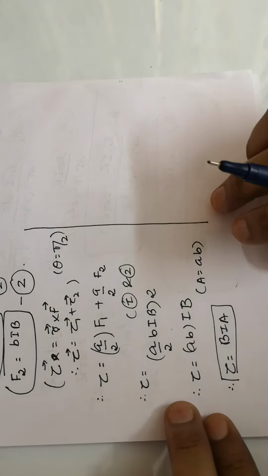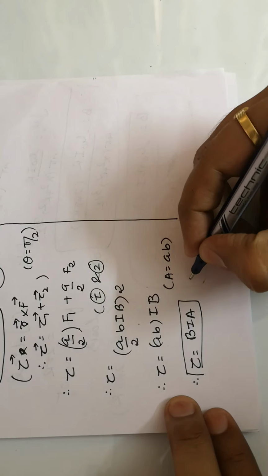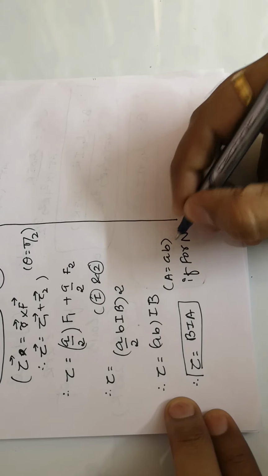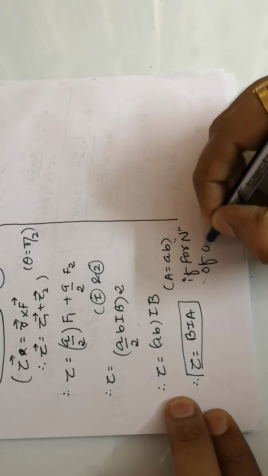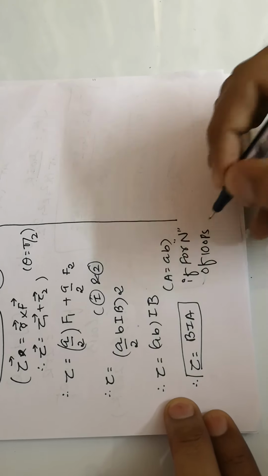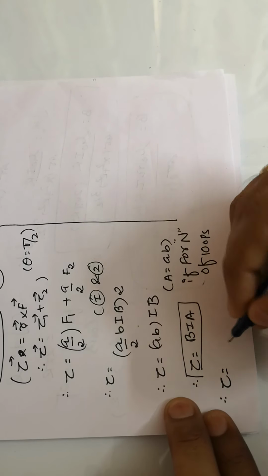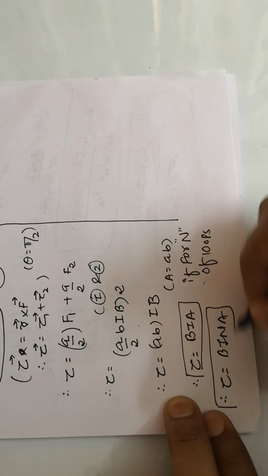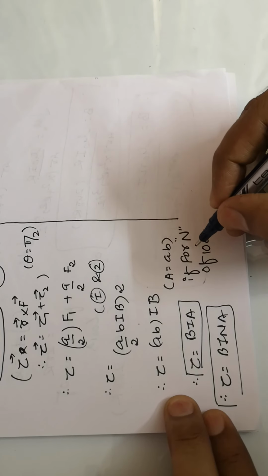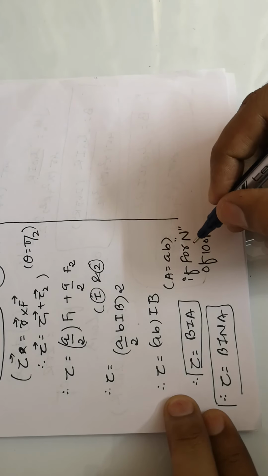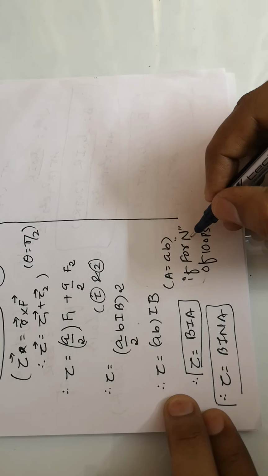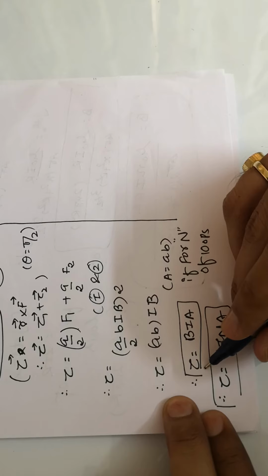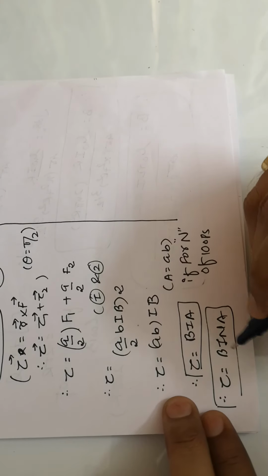I have mentioned that only for one loop, and for N number of loops my formula will become tau equals B I N A. Mind well, this is the capital N I have placed. I haven't placed a small n because small n cannot be possible over here. So you can say that my formula of torque equals B I A, or, if a number of loops are there,